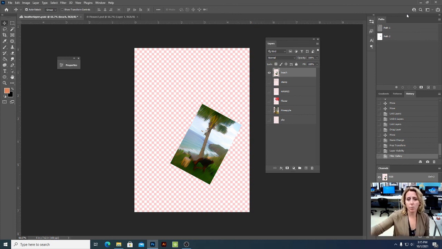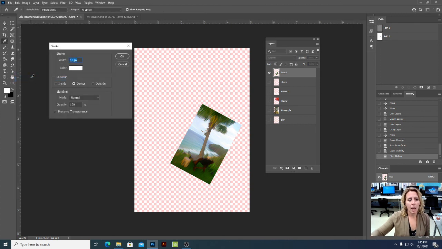Now, while we're on this, we're going to apply a stroke. We're going to reset our default colors to black and white, and then we're going to flip that. So that's a quick review. So stop the video if you need to, go back, see how I did that again. So basically, our foreground color is white. We're going to go up to Edit, Stroke. And because I put our foreground color as white, it's going to put a white